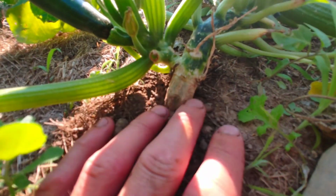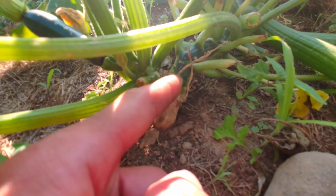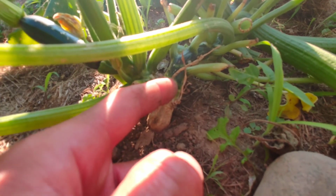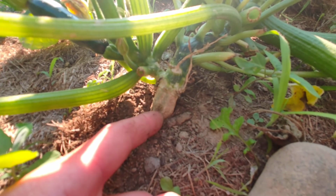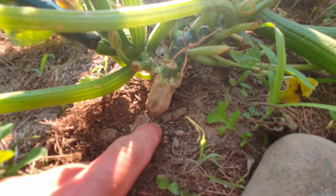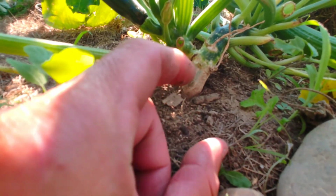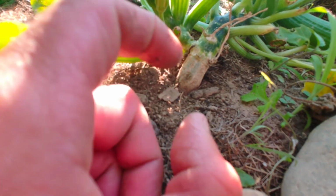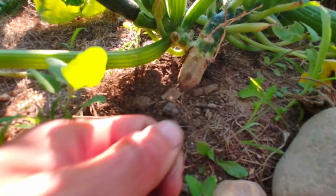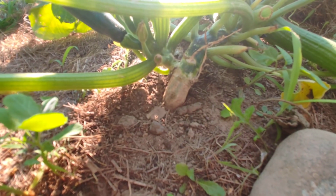Basically, you find the hole where the vine borer is in there, and you take a sterile sharp knife or a razor blade and split your stem, and when you open it, you'll be able to peel them bugs out. Also, if you have a hole there, you can take a thin piece of wire, maybe make a tiny hook on the end of it, stick it up the hole, and just completely mush that grub and kill them inside